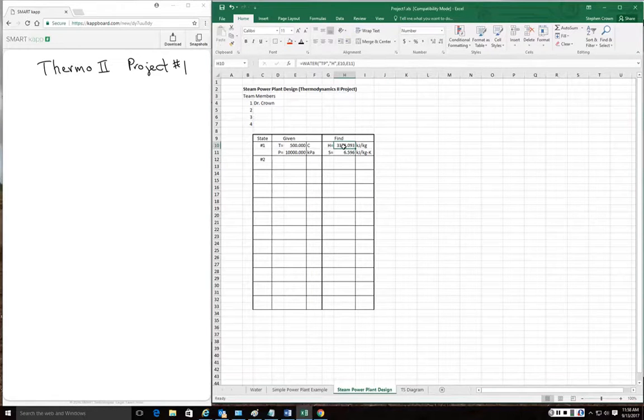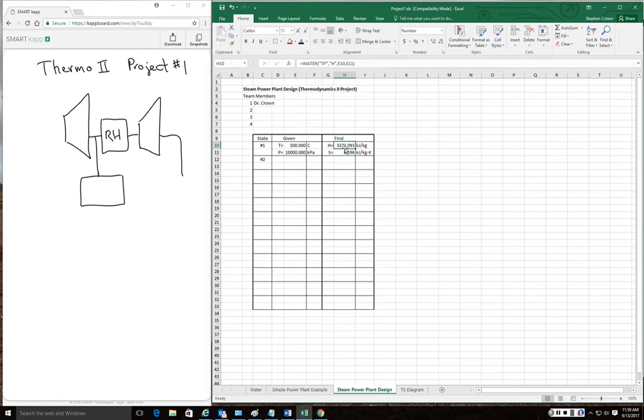So I've got my first value here, but at this point we probably want to design something. So let's come up with a design. Let me move over to the marker board. Okay, so I know I'm going to have at least one turbine. I'm going to just throw in a reheat, put in a feed water heater, and another turbine,